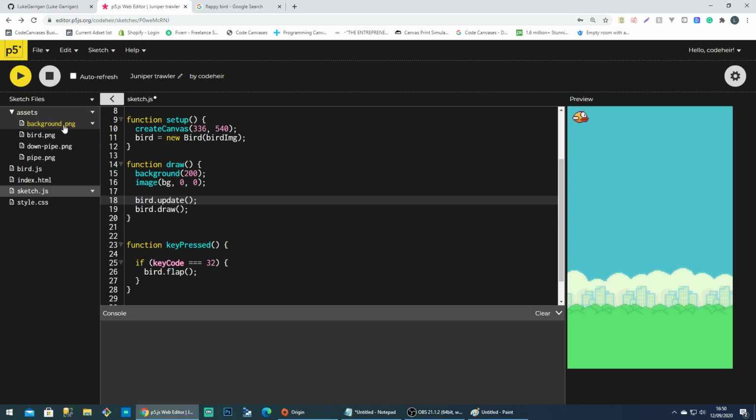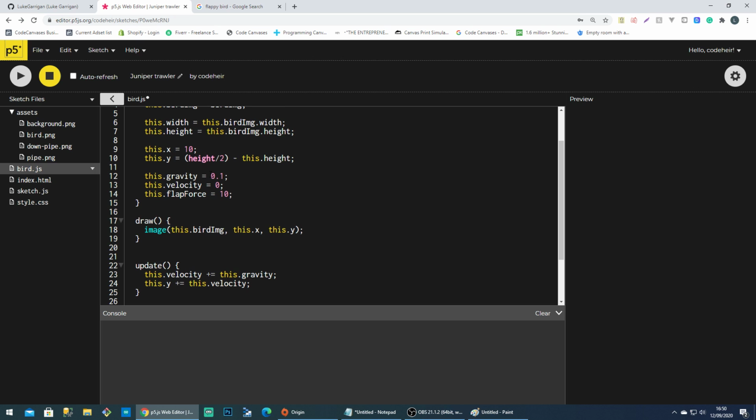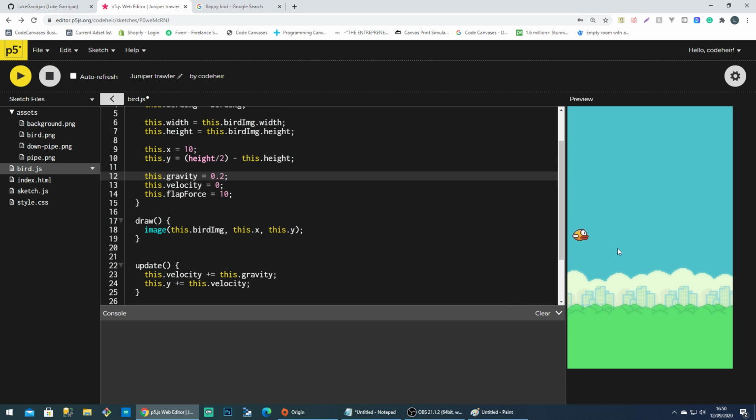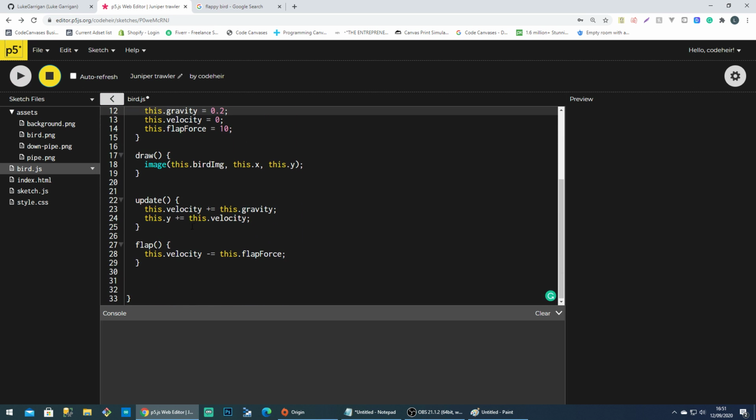Yeah, that sort of works. Maybe gravity's not strong enough, so let's try 0.2 for gravity. Yeah, that feels more like it. That feels more like Flappy Bird. Right, what's next? I